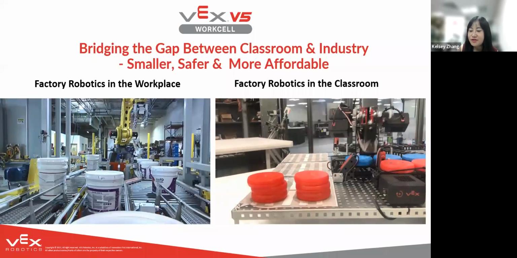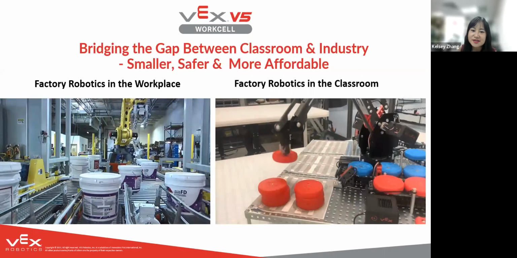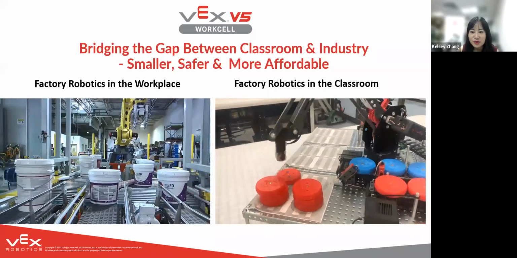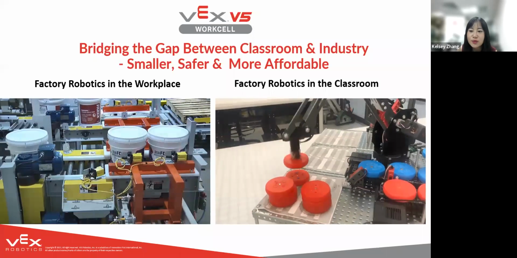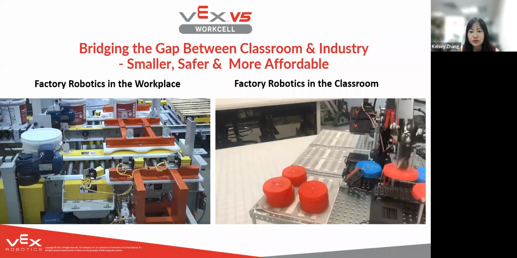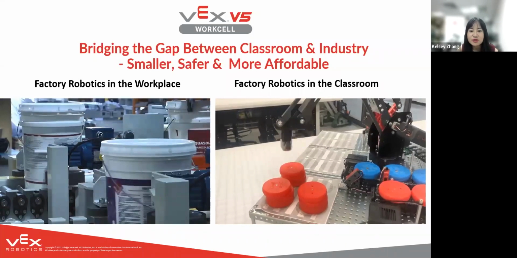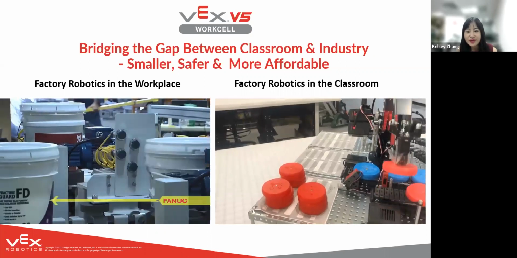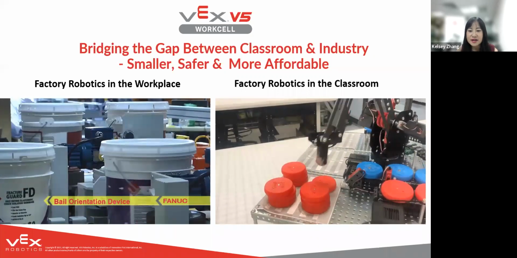Sensors are used for detection, and robotic arms are used for sorting and stacking, as you can probably see from the video. And on the right is the video for the WorkCell, factory robotics in the classroom. In order to teach students about industrial robotics in vocational education, we have created this really cost-effective industrial-level robotics model that can be used in the classroom. You can see it's very small. It's small enough to be placed on a classroom desk or table, which makes it very accessible.